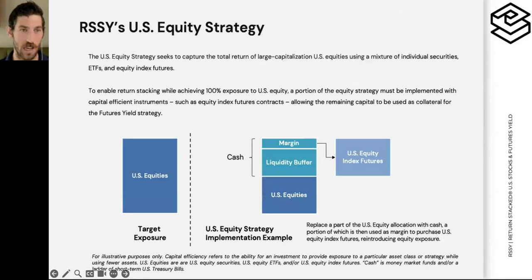Let's start with the US equity strategy, because that is ultimately the most vanilla and the easiest to explain. Our goal with the US equity strategy is simply to provide low cost, market cap weighted, large cap US equity exposure. In other words, there is no ambition for any active strategy here. We're just trying to give you core large cap beta in as low cost and tax efficient a manner as